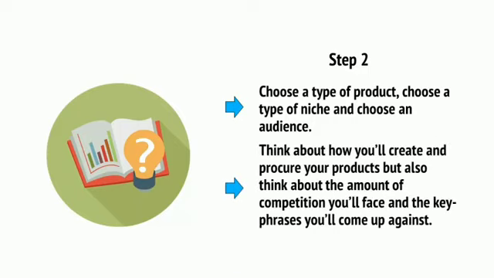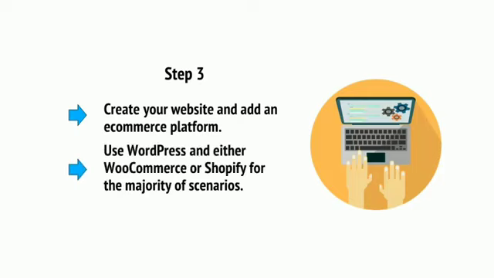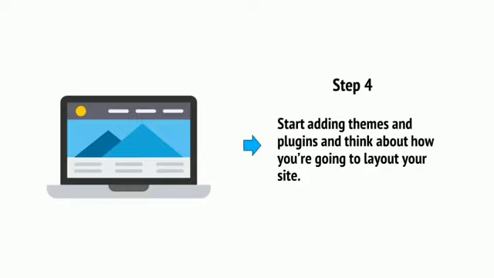Think about how you'll create and procure your products, but also think about the amount of competition you'll face and the key phrases that you'll come up against. Step number 3. Create your website and add an e-commerce platform. Use WordPress and either WooCommerce or Shopify for the majority of scenarios. Step number 4. Start adding themes and plugins and think about how you're going to lay out your site. And finally, step number 5,